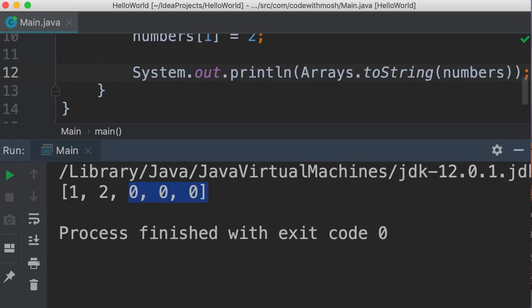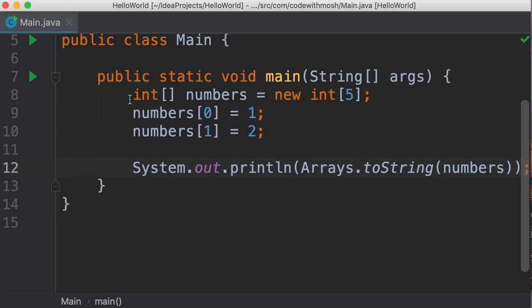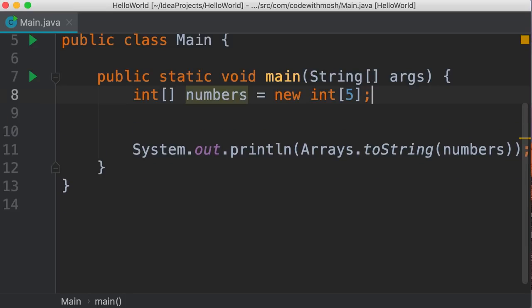Okay. Now, this syntax for creating and initializing an array is a little bit tedious and it's an older syntax. There is a newer way to initialize an array if we know the items ahead of time, like in this case. So I'm going to remove these two lines. I'm also going to remove the new operator. Here we use curly braces, and inside these braces, we add all the items in this array. Let's say 2, 3, 5, 1, and 4. Now we have 5 items, so the length of this array is going to be 5.